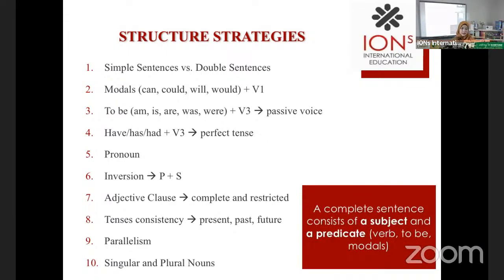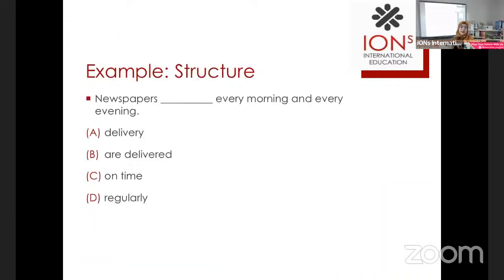Right, so at least a subject and predicate. Now, sekarang let's practice. Ya, tadi misalnya dibilang at least subject and predicate. Kita lihat di example number 1, this one. Subjeknya sudah ada atau belum? Sudah ya. So we have newspapers. Newspapers is the subject here. Newspapers, right? The subject is newspapers. Subjek itu apa saja, Miss? Apa saja yang bisa menjadi subjek?